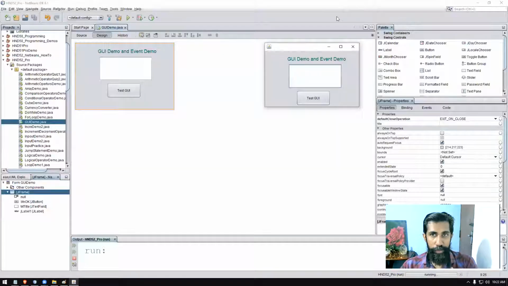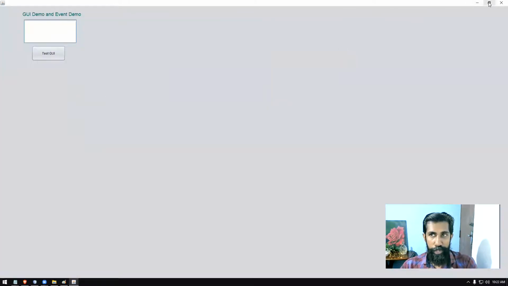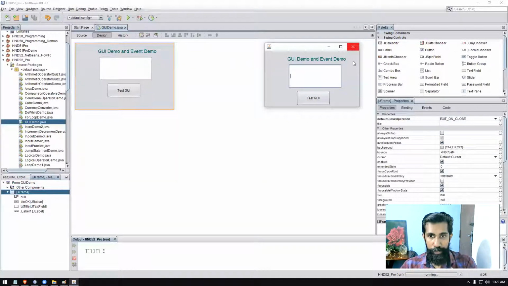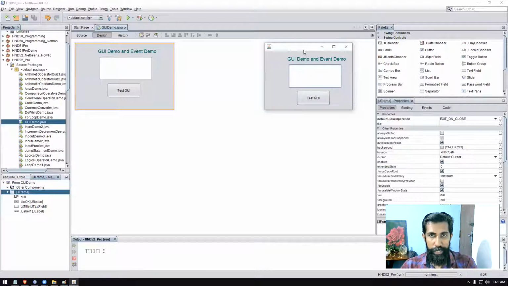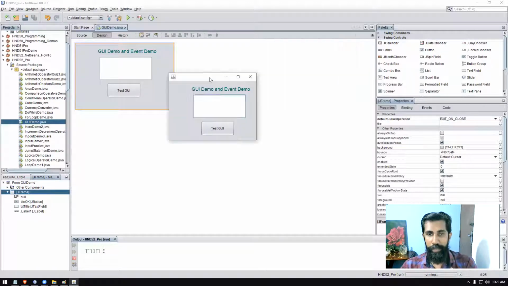You can restore that. You can maximize it. You can restore it from here. You can restore it from here by double clicking. You can close it. You can resize it from here. Again, you can resize it from here. You can click and drag. All these are actions. Not only that, you can select this text. You can type there. You can select and delete. You can press this button.